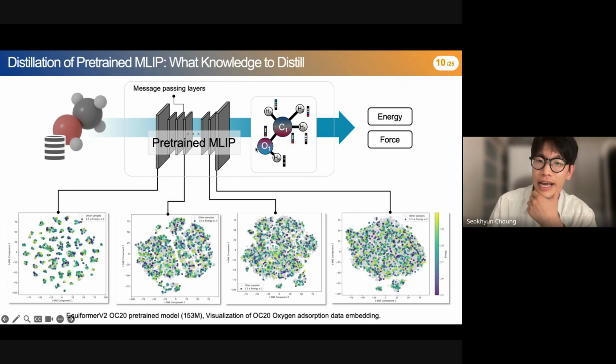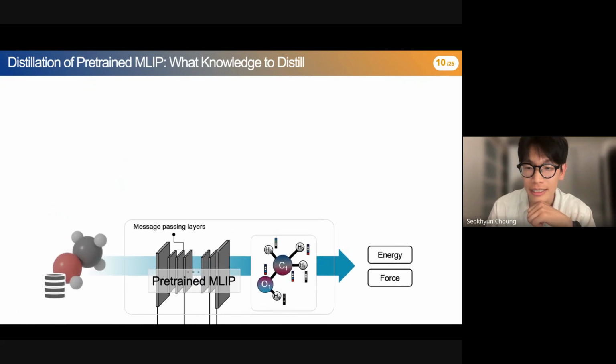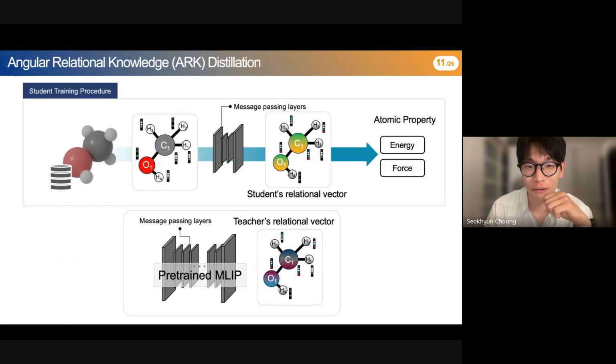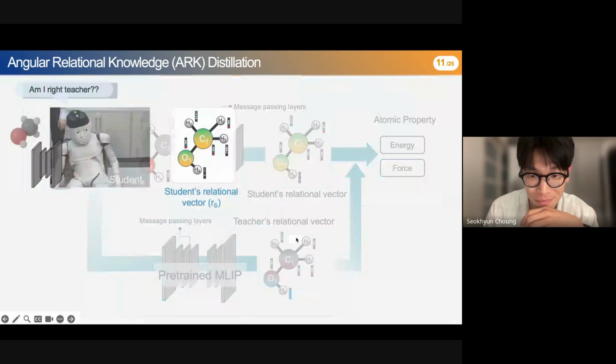So what we thought is that if we take the last layer, the information of a machine learning model is well enriched in the last layer. So if you can take the information from the vector of the last layer, we can train a model with the information of the teacher model. So taking this teacher model as a background, when we're training a small student model like this low-layer neural network, we can inject the teacher model's latent vector in some possible way. I will explain this in detail later. And let's say,